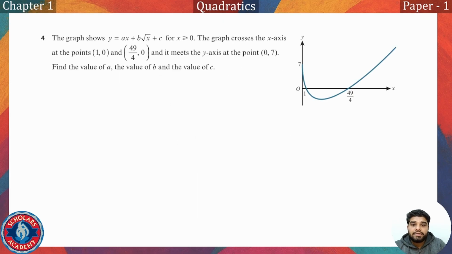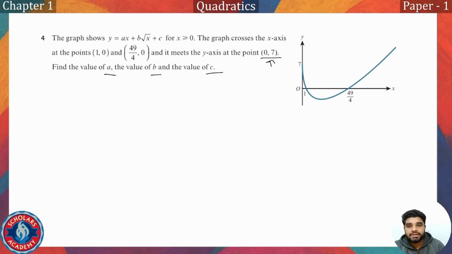Alright, over here the graph shows y = ax + b root x + c. For x greater than 0, the graph crosses the x-axis at 2 points and meets the y-axis at this particular point. We need to find the values of a, b and c. Easy question. Because the graph is satisfying these points,